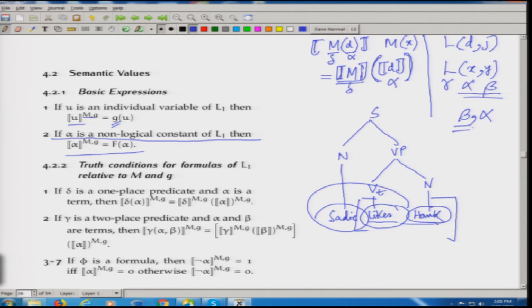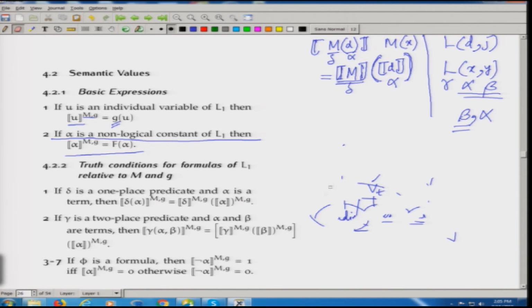So, likes will take the object of liking first, that is Hank, and then it will take the liker or the subject, that is Sadie in this case. We have to keep this in mind while talking about all these things. Anyway, once again we stick to this example and see what happens. So, rule number 2 states that